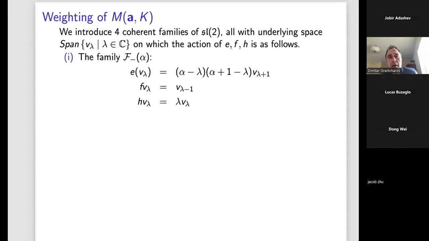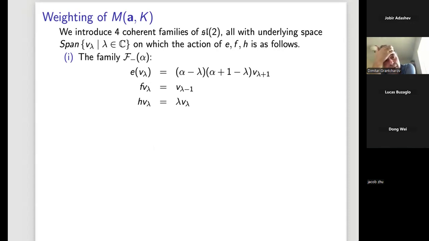So the remaining part of the talk will be more representation theory oriented, to people who like weight modules. So maybe you're tired, and I apologize if I will attack you with more notation. But this is normally a question asked by experts in weight modules. A big part of my career was devoted to weight modules, so I'm biased here to refer to this myself. So what is the weighting of MAK?